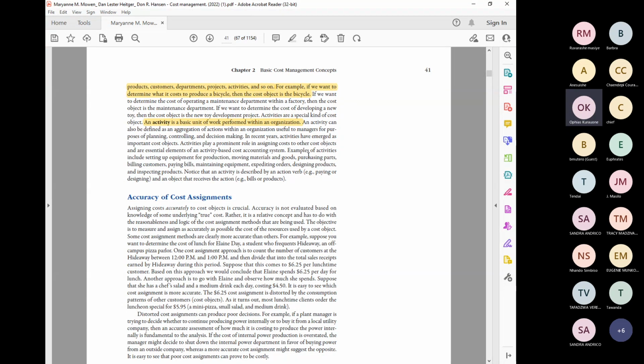That is very important. For example, activities include setting up equipment for production, moving material and goods, purchasing parts, billing customers, paying bills, maintaining. Those are the examples of activities which are supposed to be known by the management accountant. Those are some of the activities. Then if you are designing products and activities, inspecting the products and activities, what you are doing. So you find out that a product can involve many